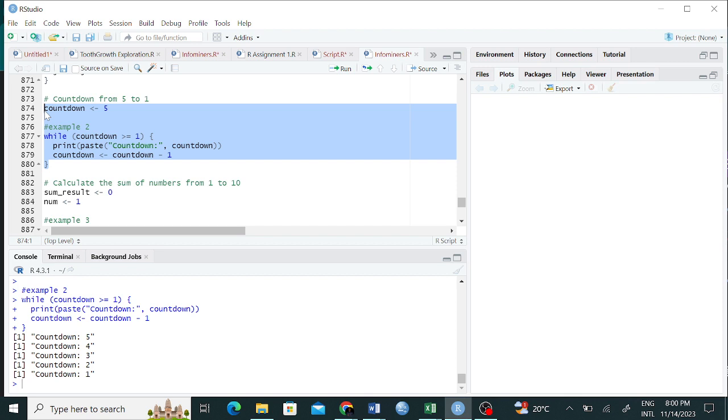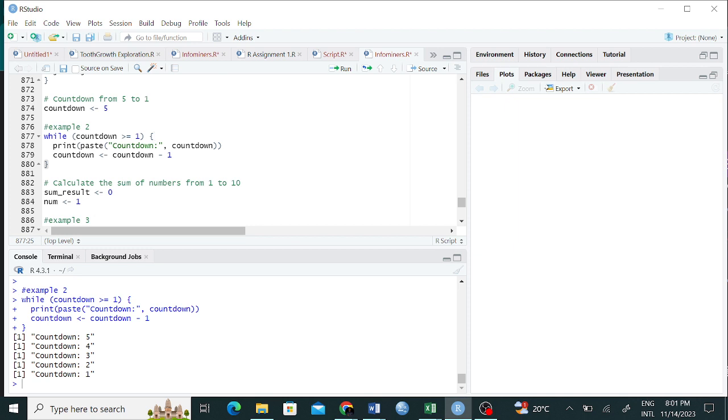Yeah, but again you can even see that the first countdown that we have is number 5. Then we are writing while countdown is greater than or equaling to 1, as long as our countdown is greater than or equaling to 1, print countdown, right?